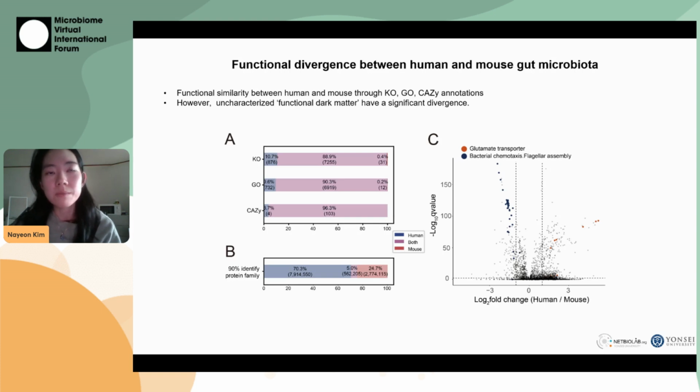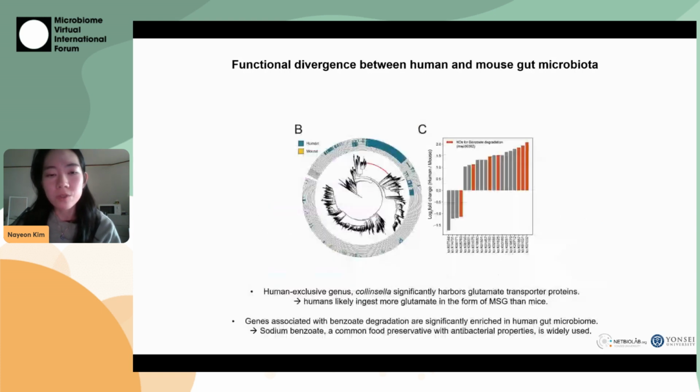We found that species in the Collinsella genus, which is unique to humans, contain many glutamate transporter genes, which reflects higher glutamate consumption in humans. Additionally, genes related to benzoate degradation, which is commonly used in food preservatives, were more prevalent in humans. This result indicates that humans have more genes to process artificial sweeteners and preservatives, which highlights the co-evolution between